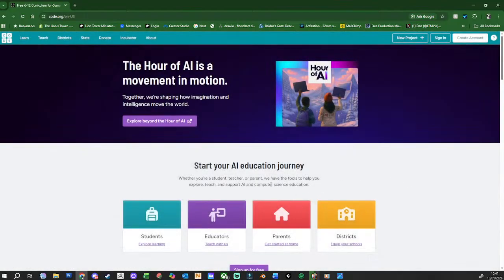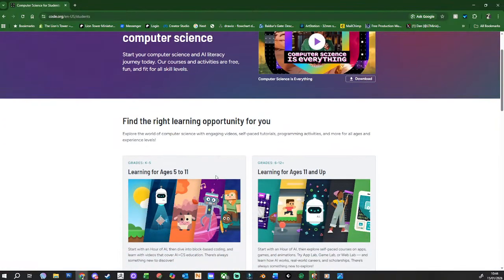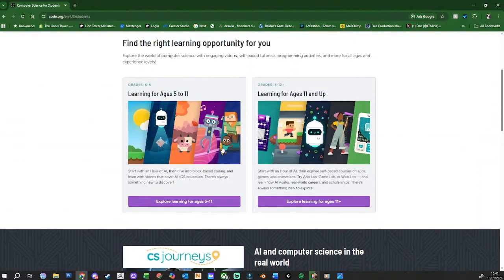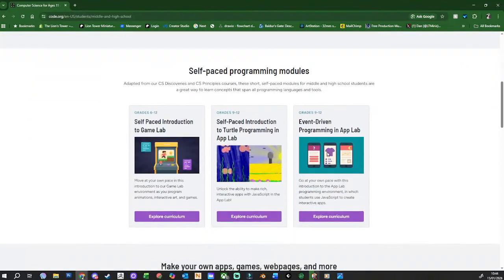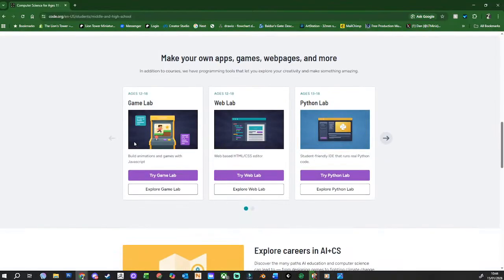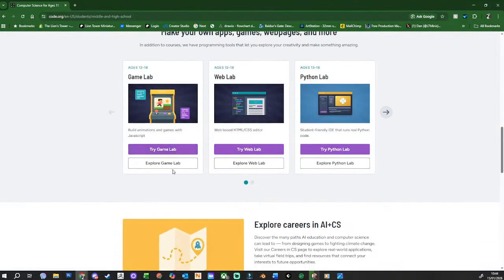Here it is, this is code.org. So basically it's for kids. We go here, explore learning for age 11 and up and whatever. They've got the game labs type thing, so you go in there, you do it at your own pace, and they've got all these really simplistic games.